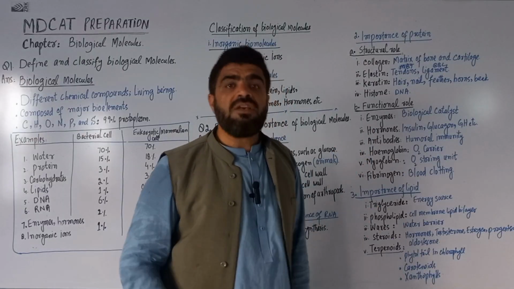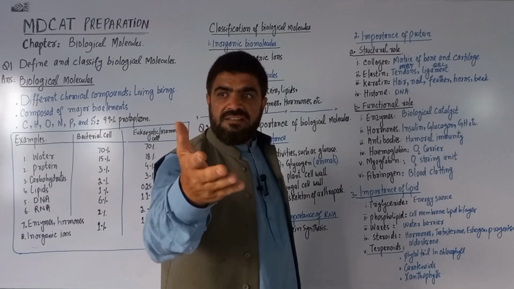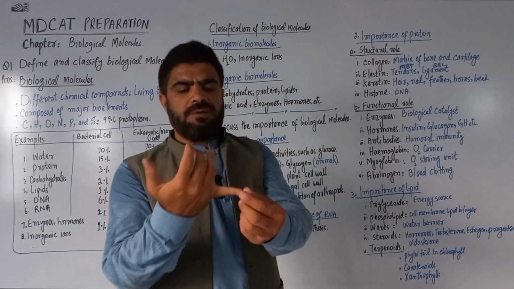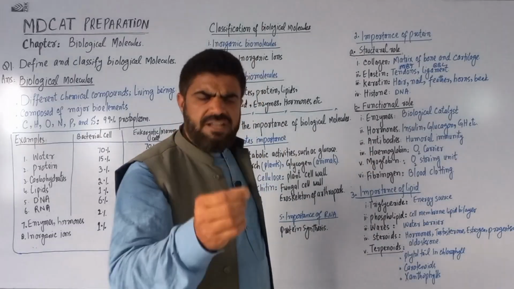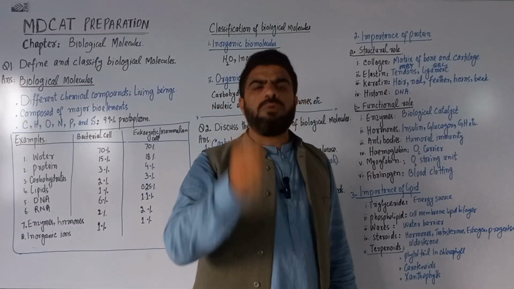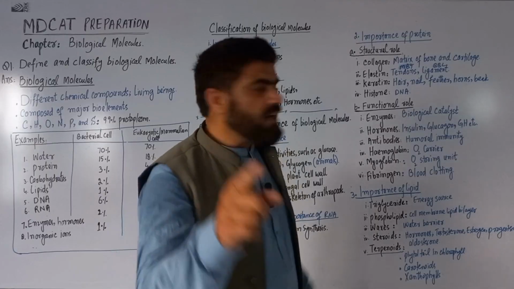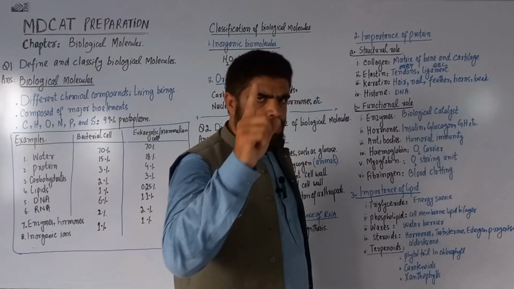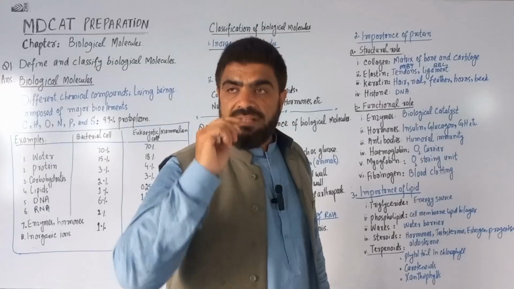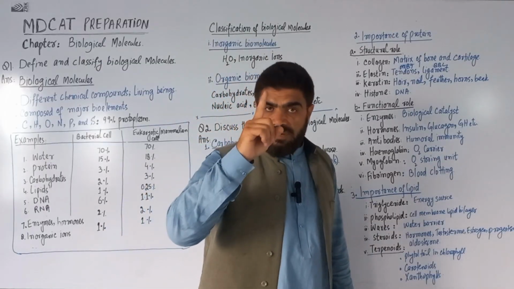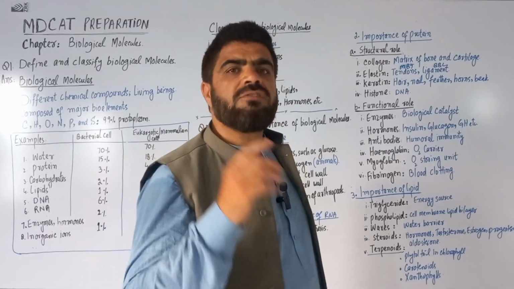Proteins also have functional roles. Enzymes are biological catalysts. Hormones control the body's physiological activities. Examples of hormones that are protein in nature are insulin, glucagon, and growth hormone. Antibodies are another protein, defense proteins, which provide the body with immunity. In the third line of defense, antibody-mediated or humoral immunity, antibodies defend the body against microbes. Then hemoglobin, an oxygen carrier protein. About 2 billion hemoglobin molecules are attached on the red blood cell surface, and in the alveoli of the lungs they pick up oxygen and carry it to different body parts.